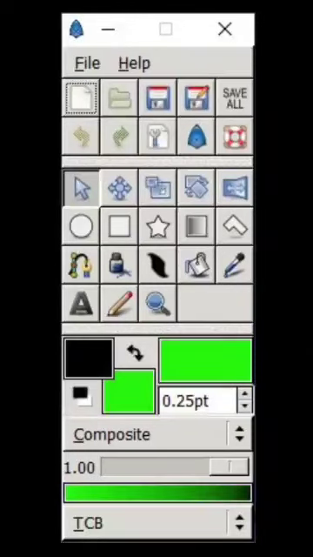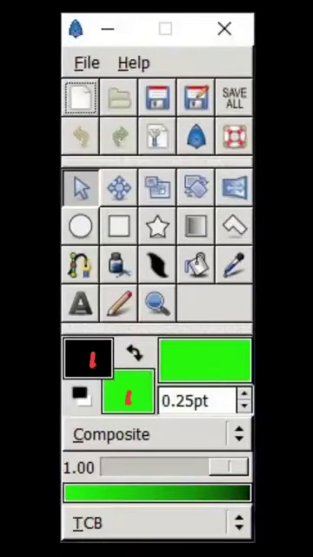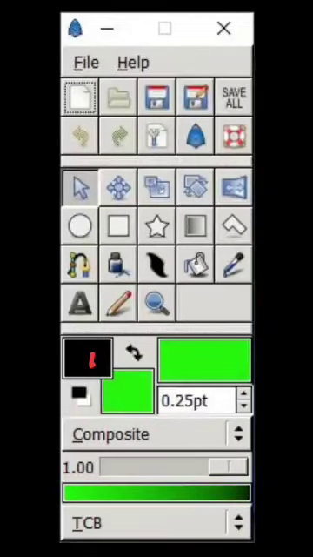In foreground and background color, it creates the fill and outline colors for the object. When we create a layer without outline, then it has only fill color. We can change the color by clicking on fill or outline color.